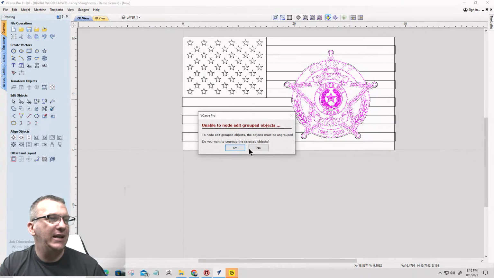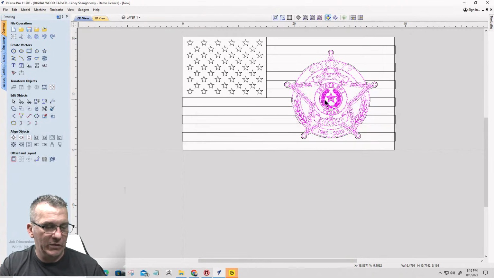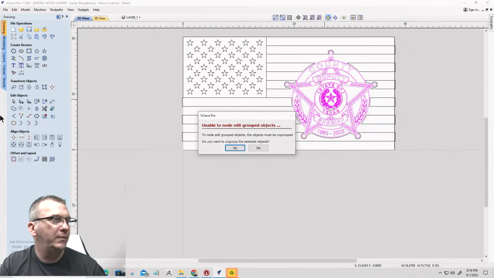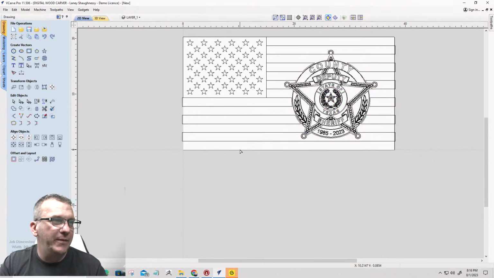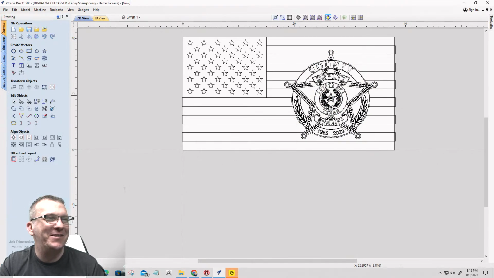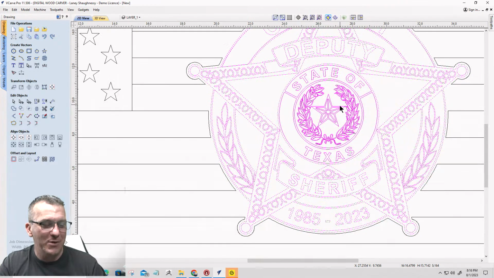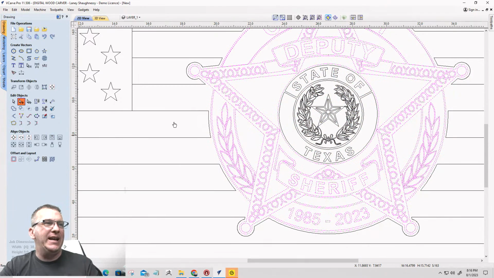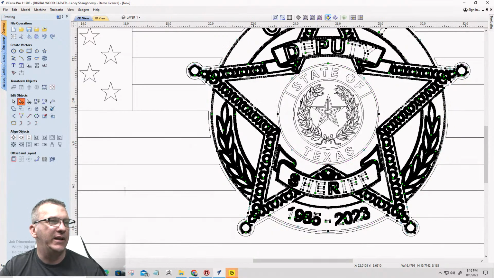Everything else needs done. So we'll select that. Go into node editing. Oops. Turn off that group. Hold on. Hold on there, ladies and gentlemen. I'm still in node editing mode, still trying to select. Let's do that one more time so we can move on. Holy jeez, turn that group off. There we go. Node editing. And in here, when we come in, give it a chance. There we go. All of those nodes,